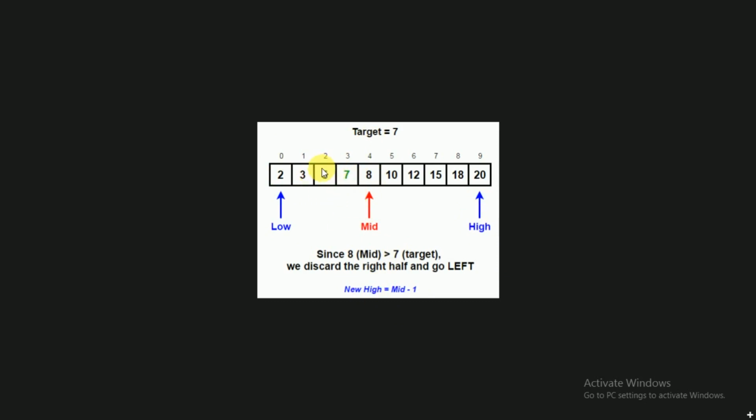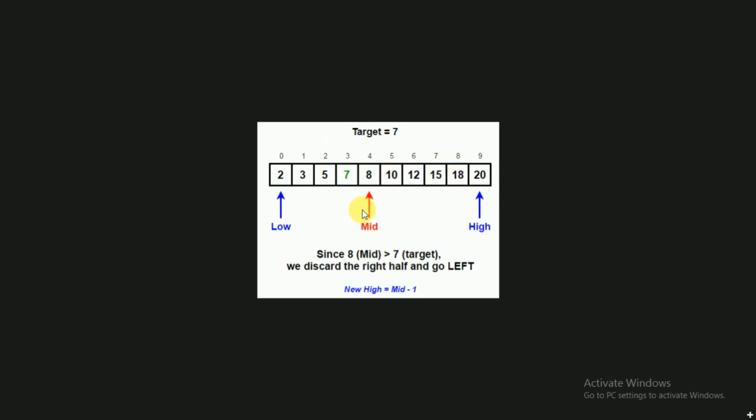But in the other case, if the key is present in the second half, that is, the value of key is greater than the mid element, you have to consider the second half. In the second half, the high remains the same, only the low will be moved from this location to this location. This is the next element after mid, so it is mid plus 1. So in this case, low will be equal to mid plus 1. In this way, this binary search technique will work.